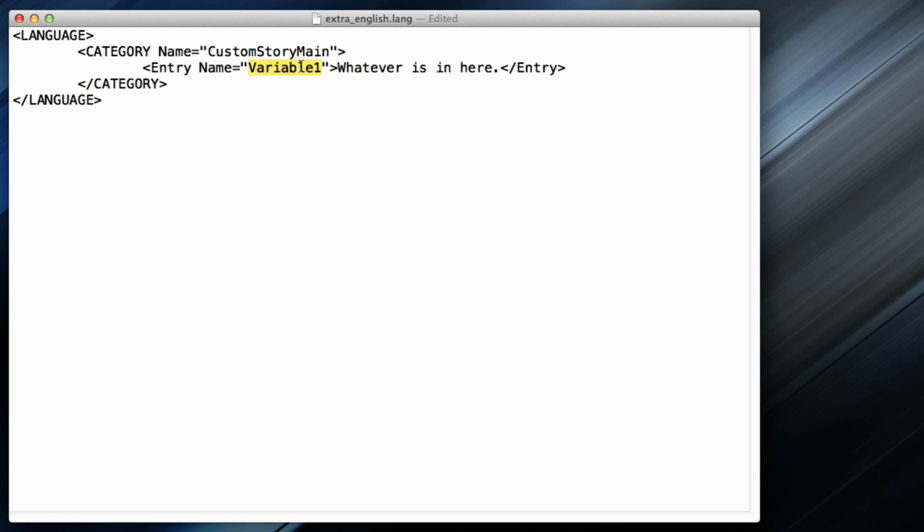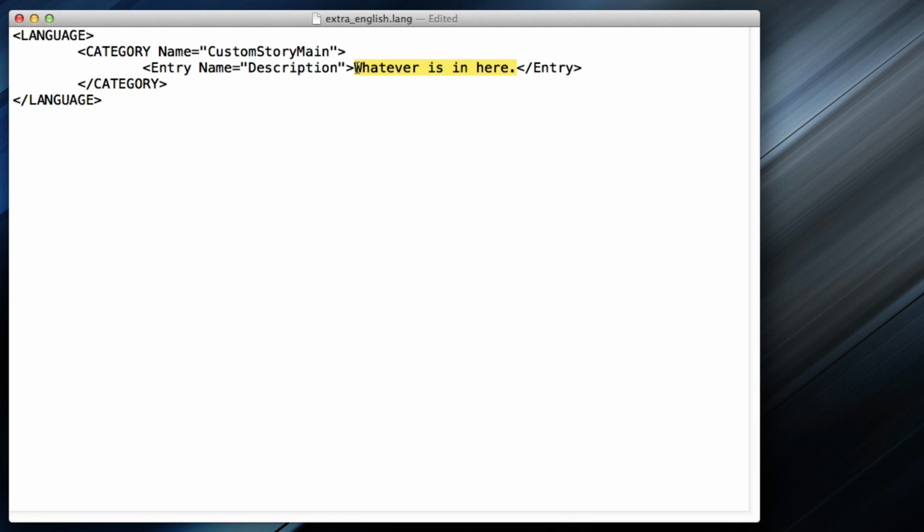But of course we don't want to name it variable 1, that doesn't really describe it much, and besides, in this custom story main category, the variable set hard-coded into the game is description. So it needs to be named description, and that is going to be the description of the story right here.